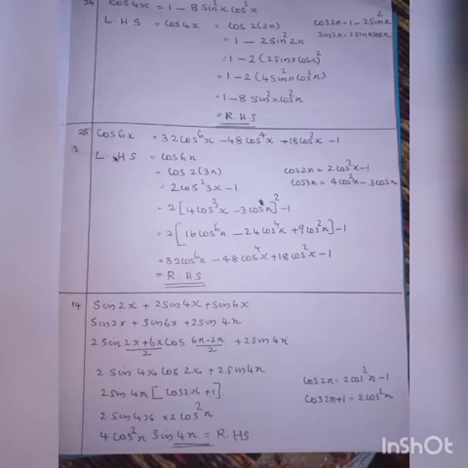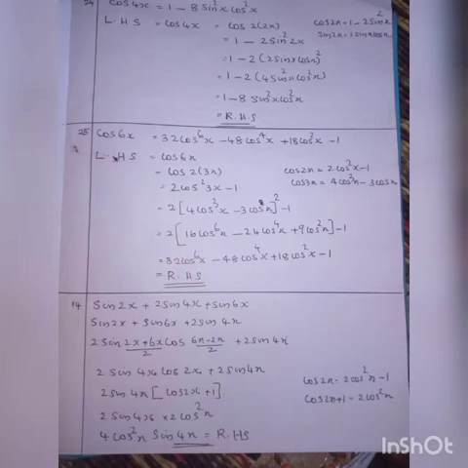Okay, outside there is a 2. 2 is outside the bracket, minus next term 2 into first term into second term. So 2 into 4, 8, 8 into 3, 24, cos cube x into cos x. What will be? Cos raised to 4x.